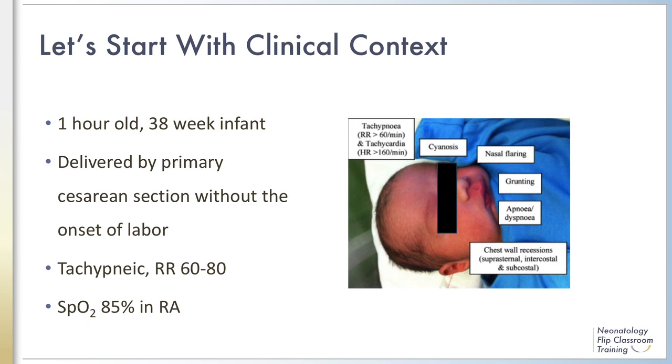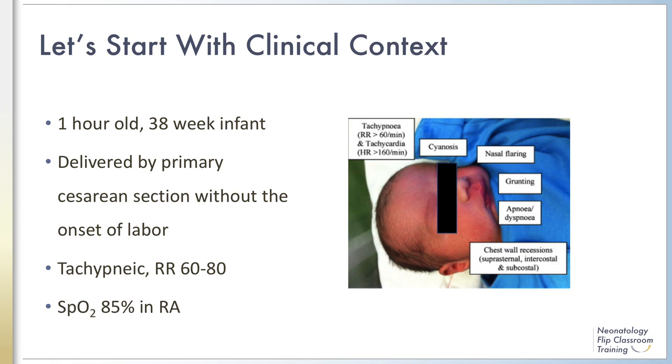The nurse gives you a history of a mother who presented to her OB earlier in the day and was noted to have decreased amniotic fluid. The infant was in the breech position at 38 weeks gestation. She was sent in for evaluation, and the decision was made to proceed with primary cesarean section. You believe the infant likely has TTN, and your medical student would like to know why. When we return to this case at the end of the module, you will be able to provide a thoughtful